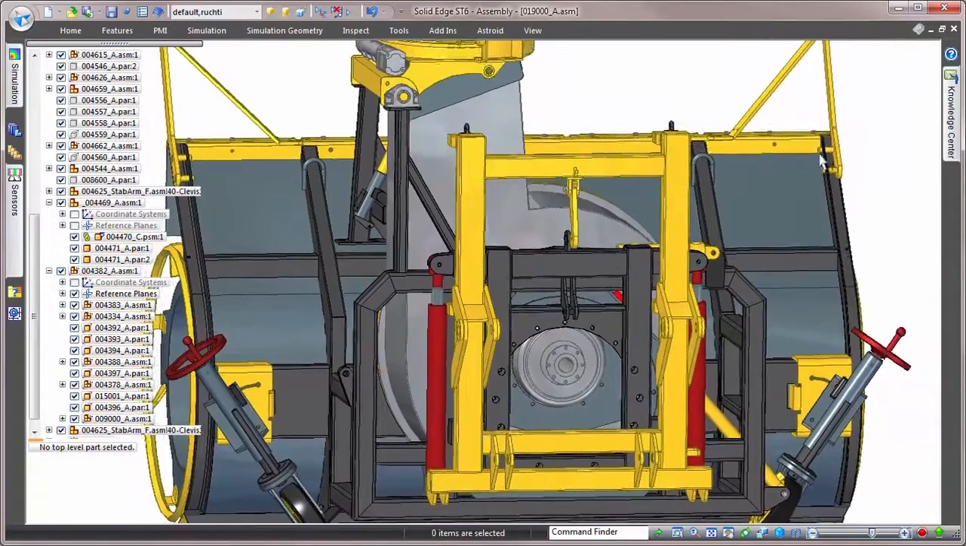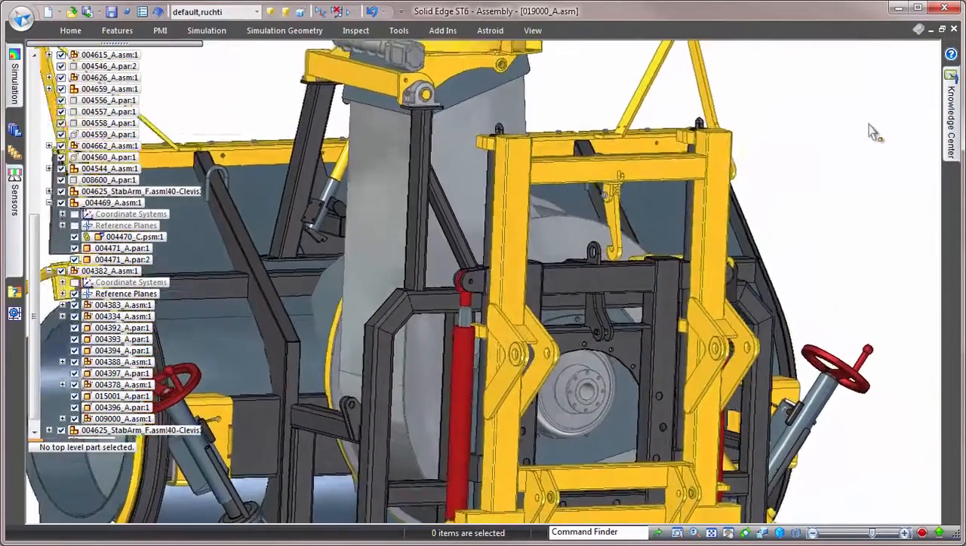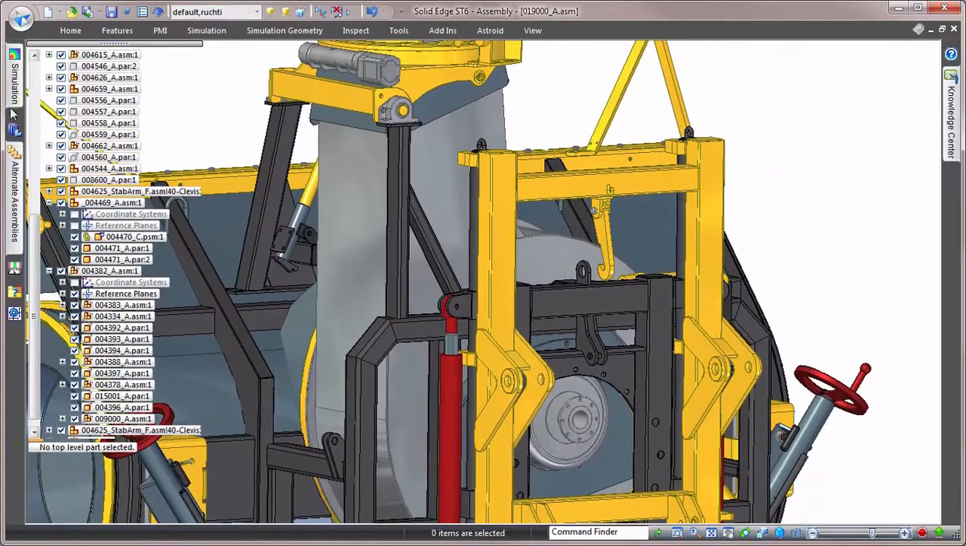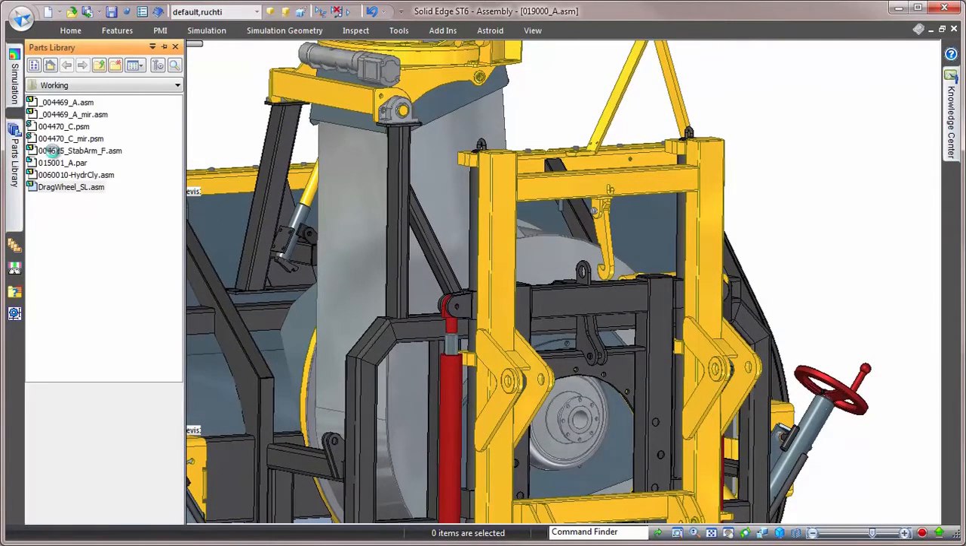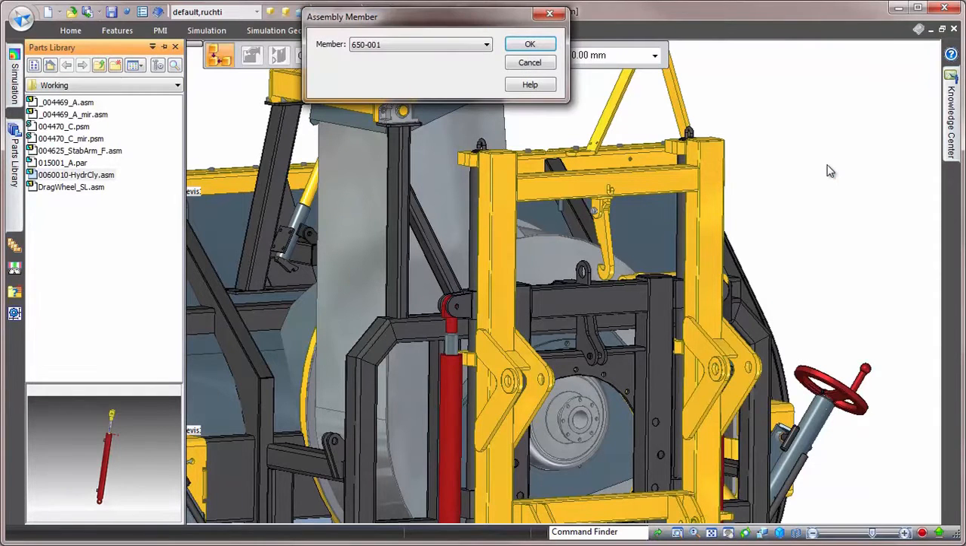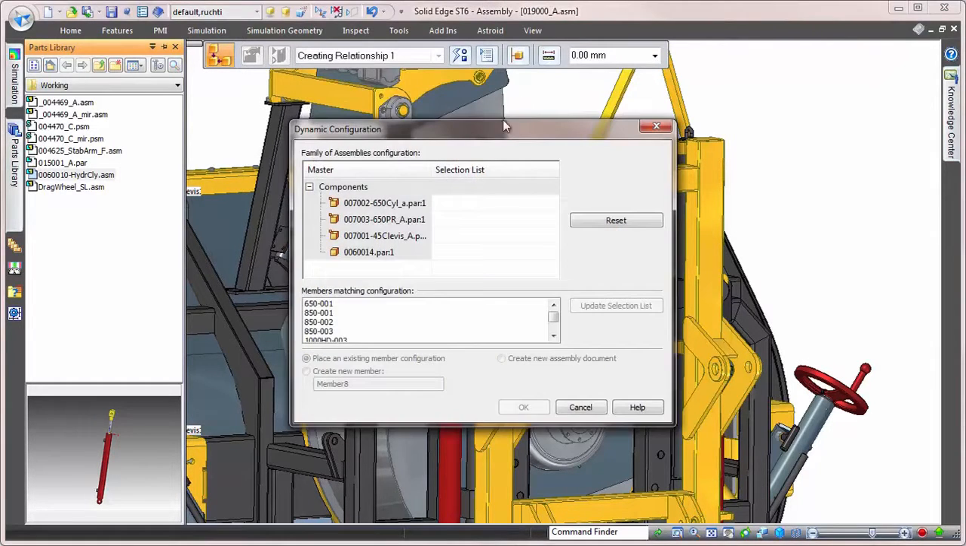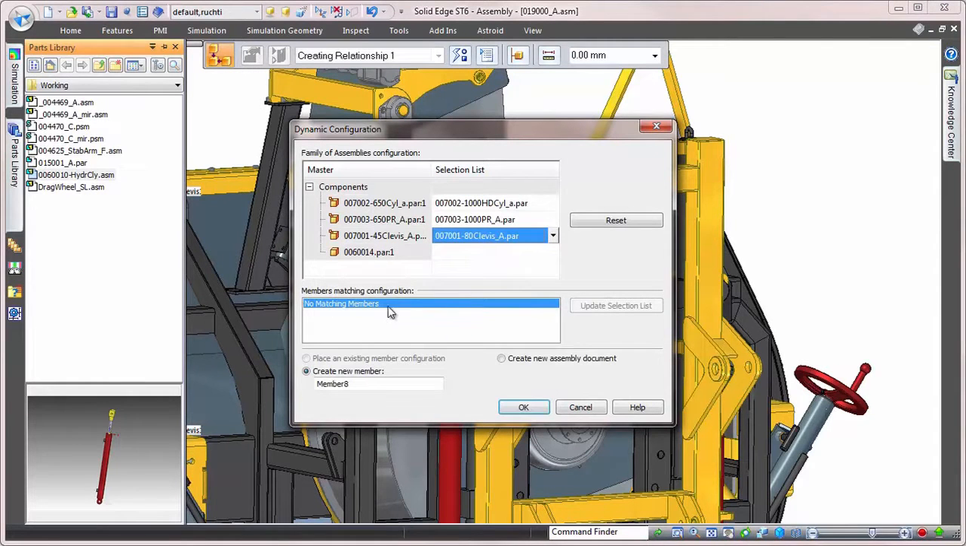The final thing we'll look at today is Family of Assemblies. Families of Assemblies allow designers to automate the creation of assemblies that have multiple configurations using different components. For example, this hydraulic cylinder has multiple configurations available. We can select which one we want directly on placement, or create our own configuration on the fly. Families of Assemblies is a great tool to use to improve productivity when working with commonly used assemblies that need